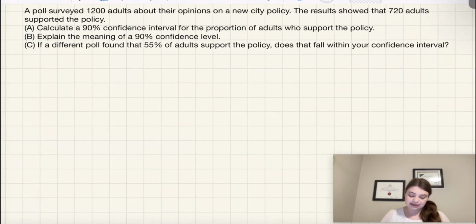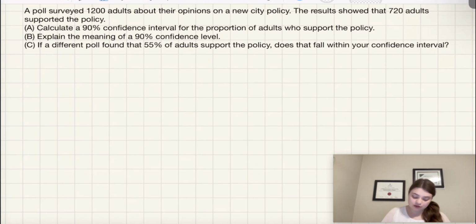So this one says, a poll surveyed 1,200 adults about their opinions on a new city policy. The results showed that 720 adults supported the policy. Part A asks us to calculate a 90% confidence interval for the proportion of adults who support the policy. So here they're essentially saying, what range of potential adults can we be sure supported the policy with 90%